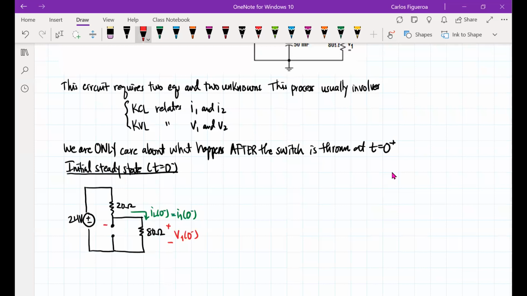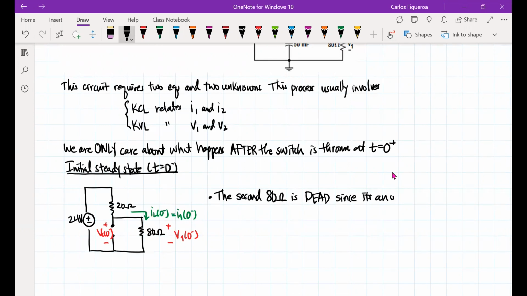Note, this is the voltage of the cap. Immediately you could see that the second 80 ohm resistor is dead,